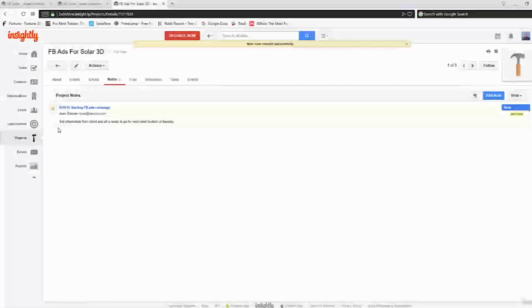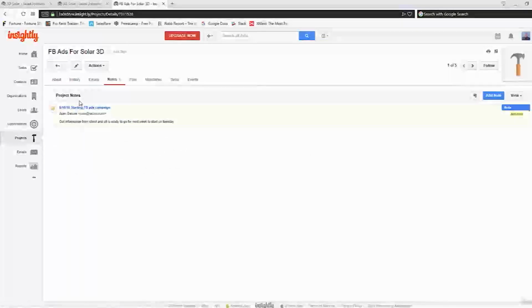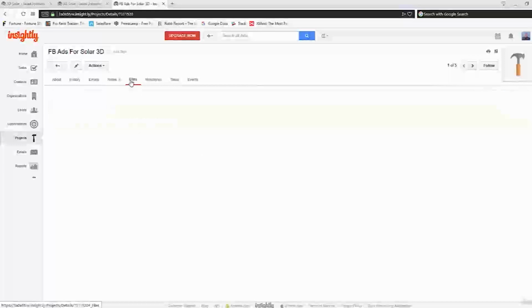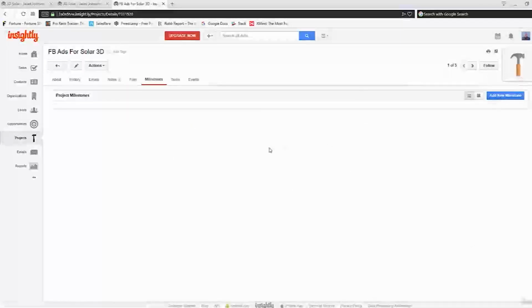So then when you go into this project, now you know exactly what it's about, the history here, and then you can see all of the notes in here, right? Files, any files you want to attach, milestones, anything you've done. It's insane the amount of value you can get from it that will save you so many headaches,